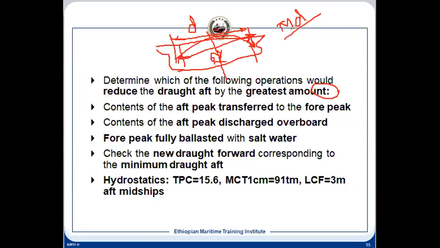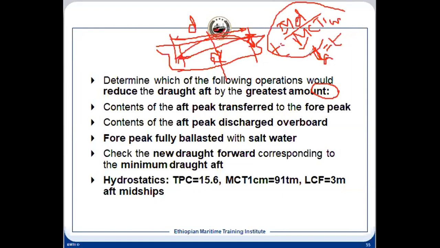And we have MCT 1 centimeter is given to us. So we know how much is the trim in centimeters. So once we know the trim, then we can calculate TA and TF. So we calculate TA because our question is to calculate TA. Then for minimum TA we calculate for TA. So this TA we can calculate, same formula. We have the trim, because M, D, all are known to us, these three values. So we can find out T.